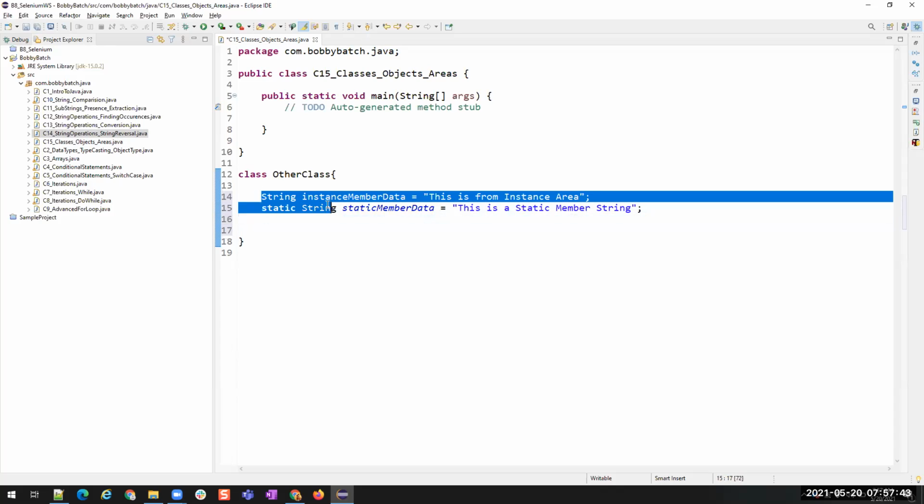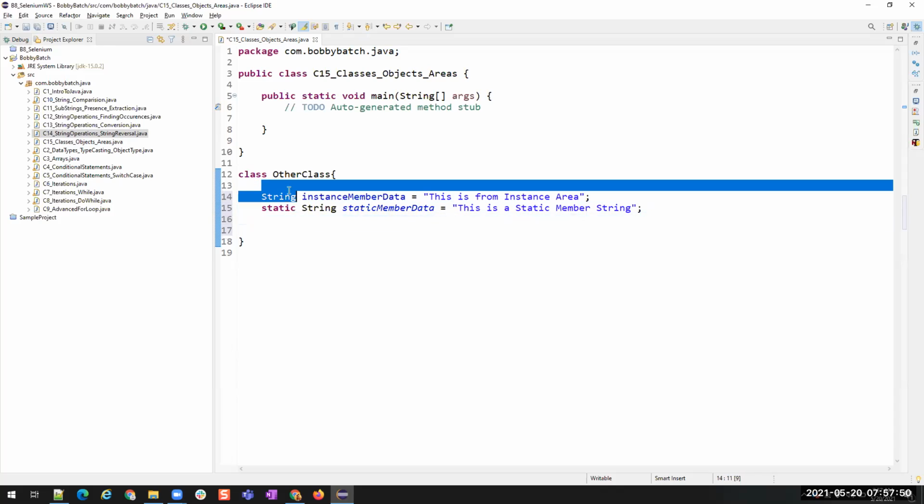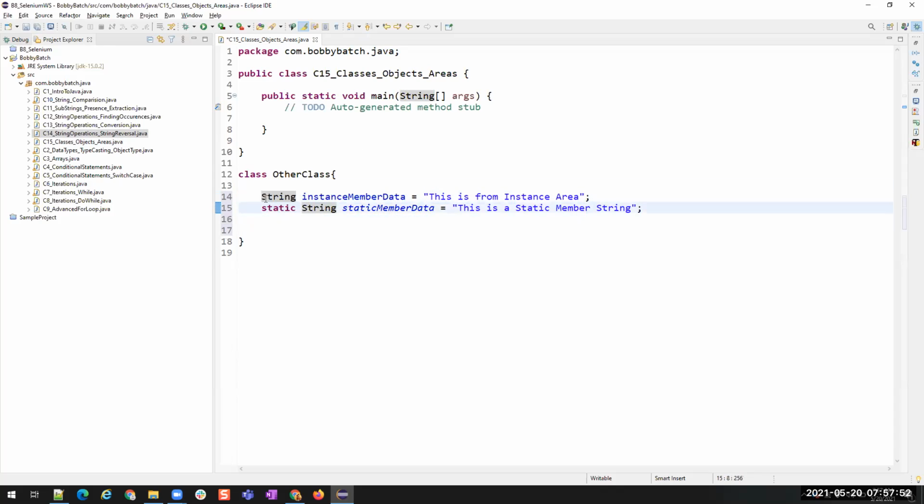Let's see first what is instance, what is static, and how do we use them. Then later I'll show you the difference of what is static, what is instance member, what is the purpose. We have two different things, and why, when, what should be used. All these things we'll see once we understand what is instance, what is static, and how do we access them from other class. Okay. Once that is done, then we'll see. All right. So for now, we haven't completed any concept of methods, but still I'm going to create some methods over here. Just follow it.